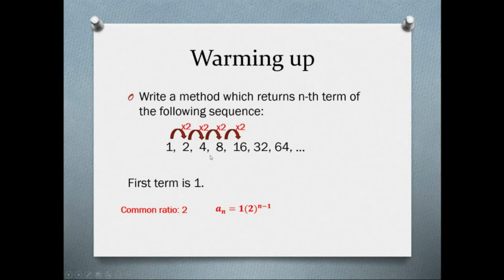We can also think about the recursive way. Recursive way means it starts from the current term and looks at only one previous term. How can I get the current one? You can think: just the previous term a sub n minus 1 times the common ratio 2 will be my current term,